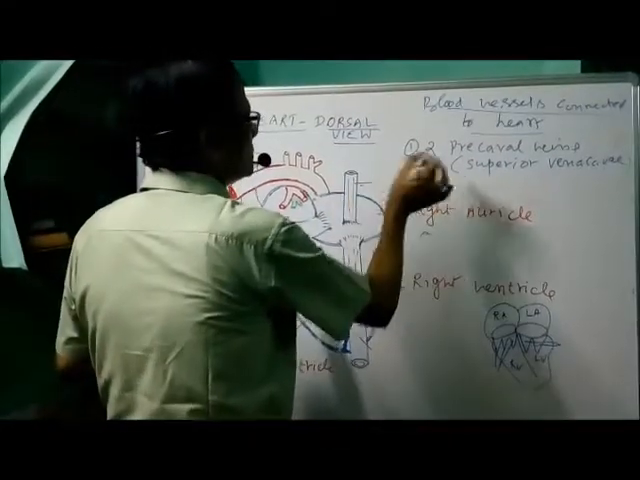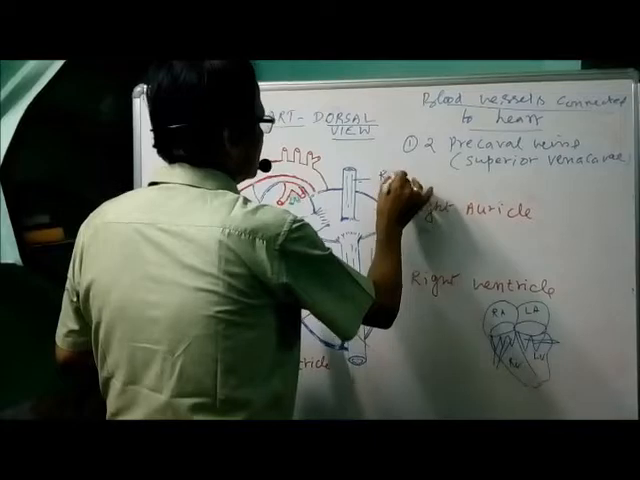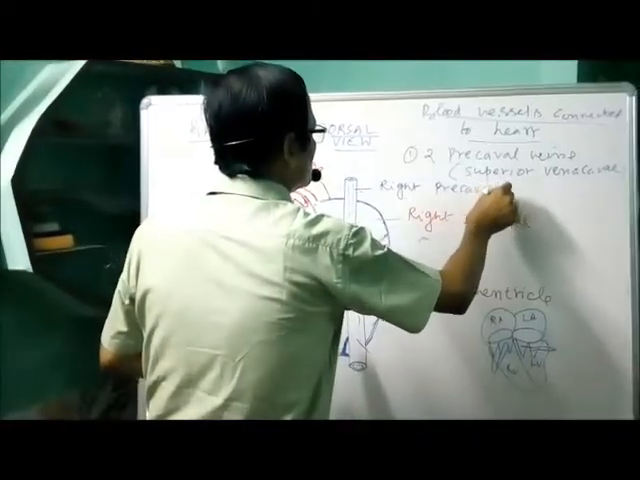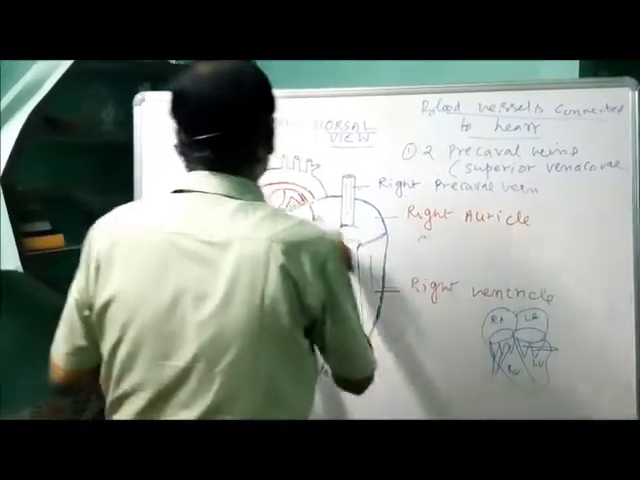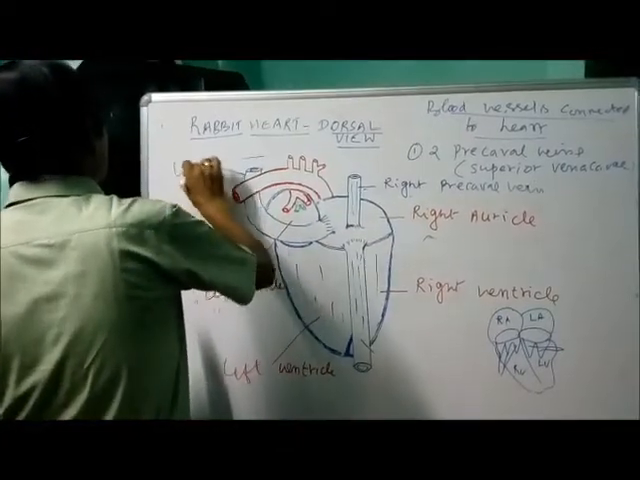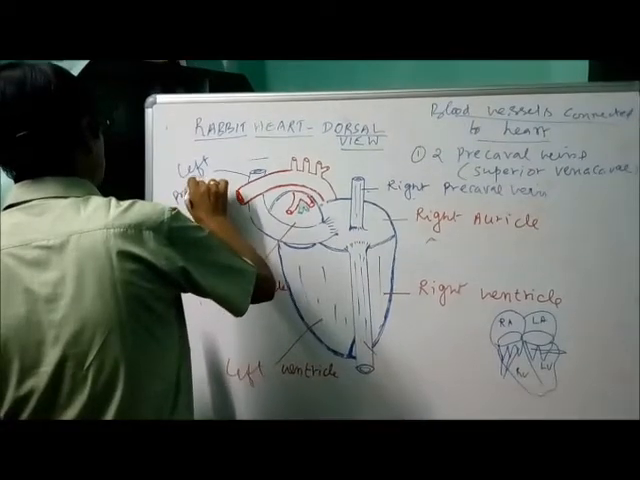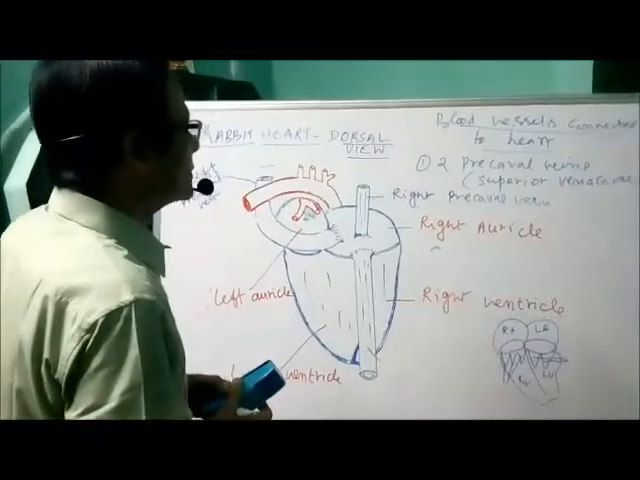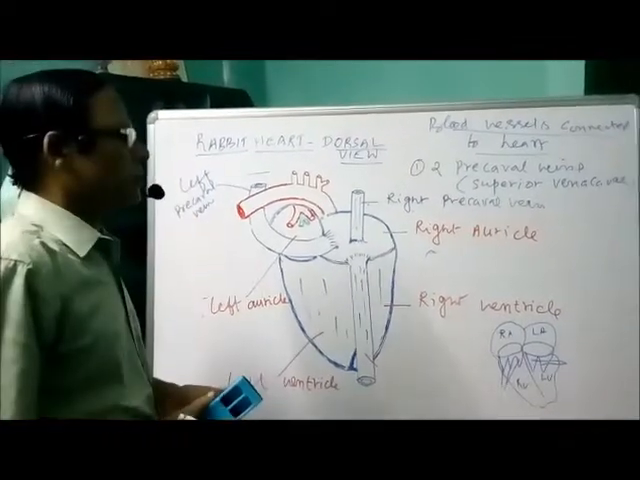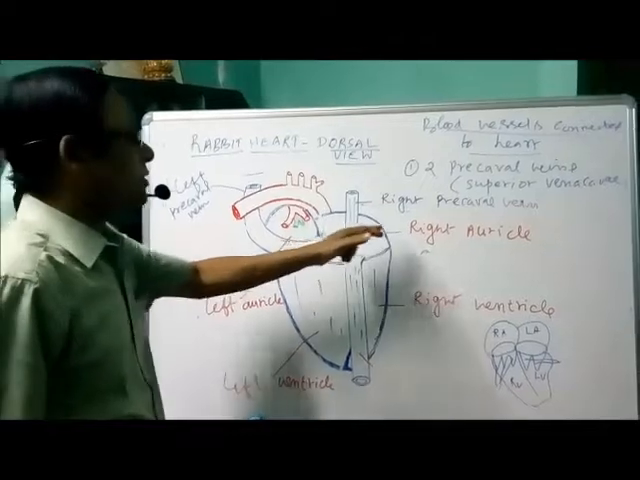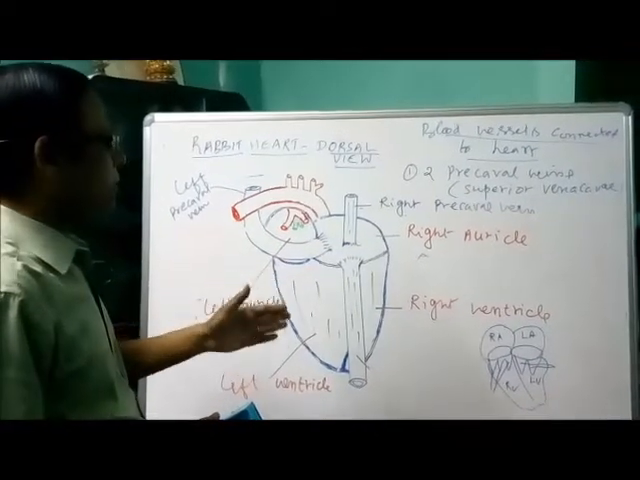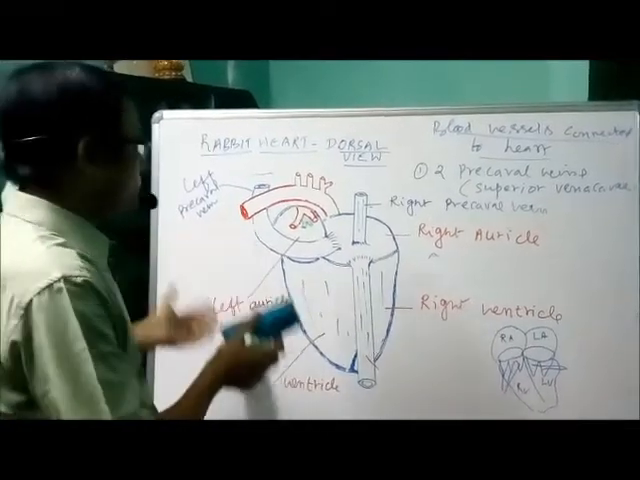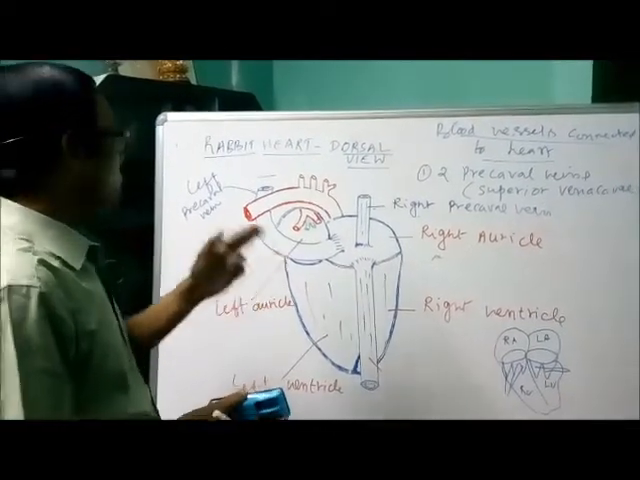Now this is what is called the right precaval vein. And this one is the left precaval vein. Both the veins collect blood from the anterior parts of the body and open into the right auricle. So the right auricle receives impure or deoxygenated blood from various parts of the body through two precaval